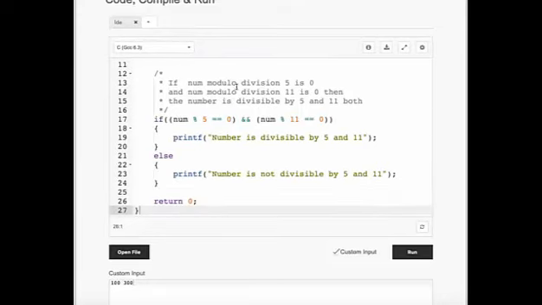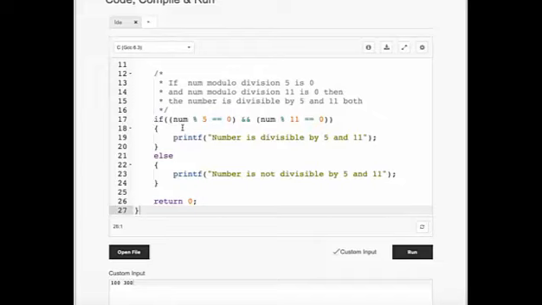If num modulo division 5 is 0, that means it is divisible by 5. Similarly, if num modulo division 11 is 0, then the number is divisible by 11. So that is the condition which we want to check here.